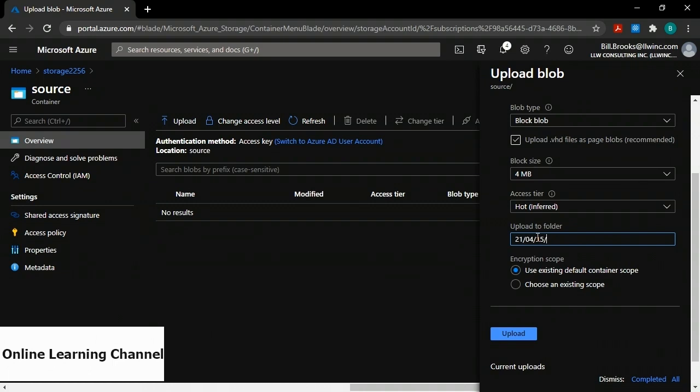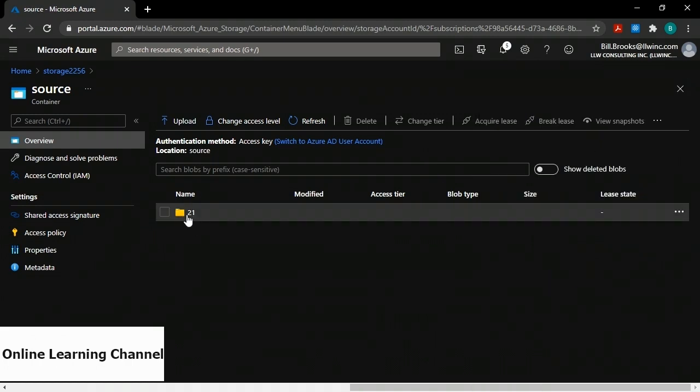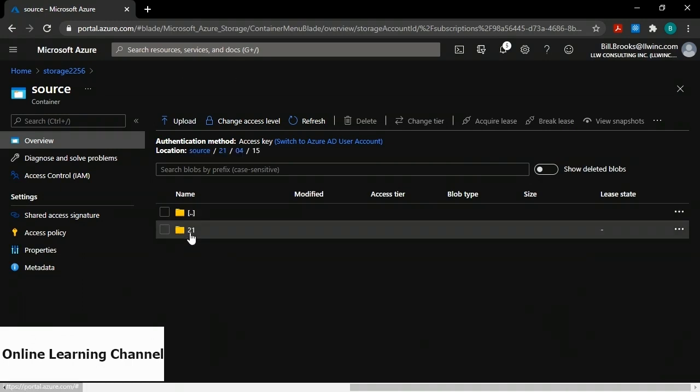Right now, the hour is actually going to be in UTC because Data Factory is going to use UTC time. It's also going to be 24-hour. So right now, the hour is 21, the hour in UTC where I am right now. And I'll click Upload. So now, if I close the blade and I go over to the left, I see a folder in my source container, 21. If I click on it, I see 04, and then 15, and then 21, which is the hour, and then